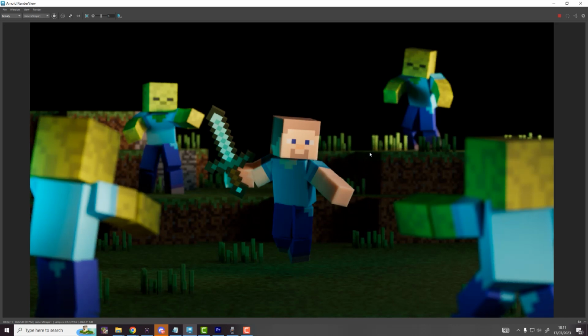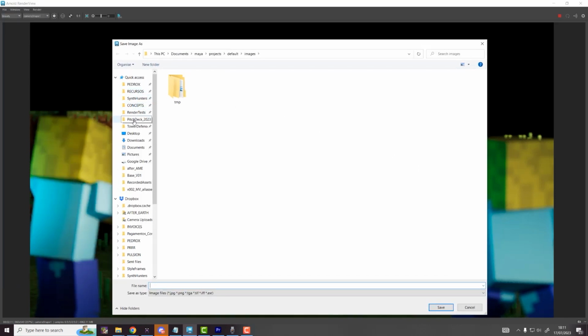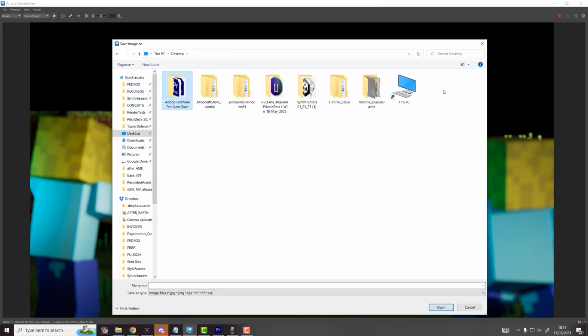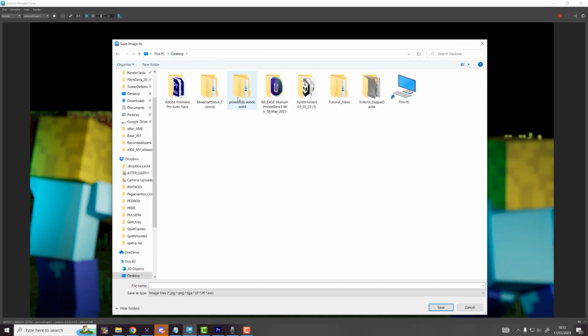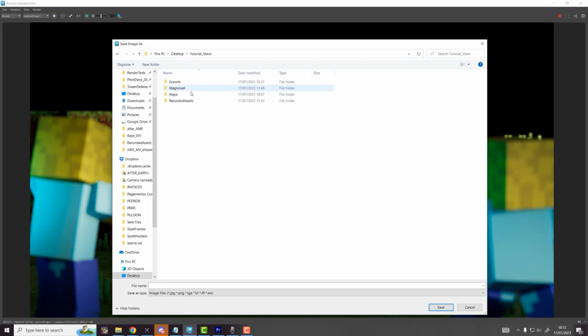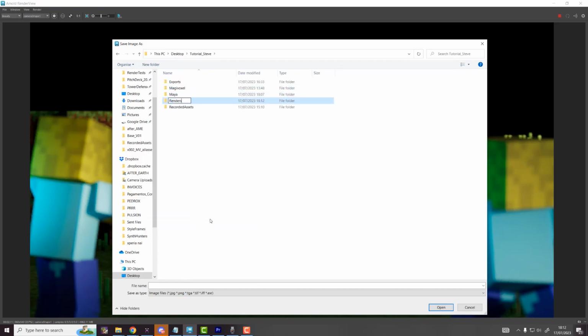Perfect. Now that our render is done, what I want you to do is go File, Save Image, navigate to your folder, and maybe create a new one called Renders, version 1, and call this